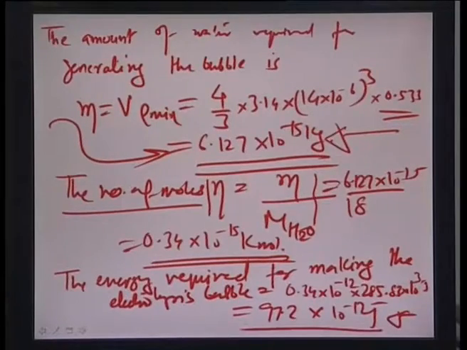So effectively this much amount of energy is needed to realize the total volume of the gas mixture in form of an electrochemical bubble. So this is of course the electrical energy. This much energy has to be given externally through the electrodes to the water for it to be electrolyzed and